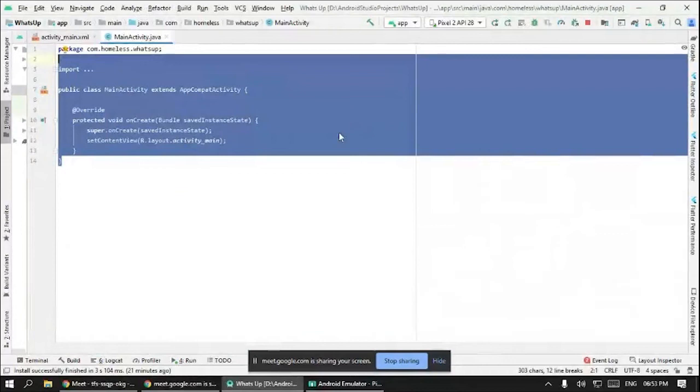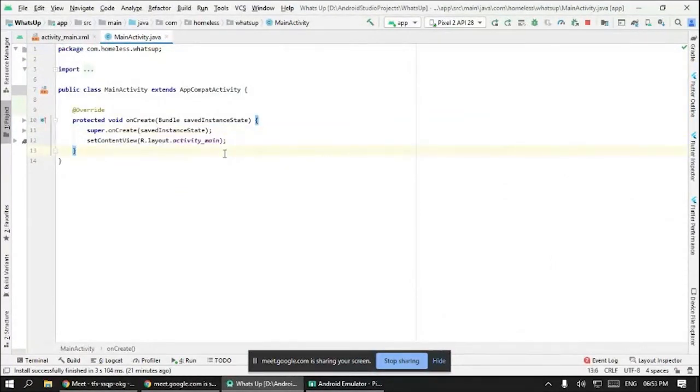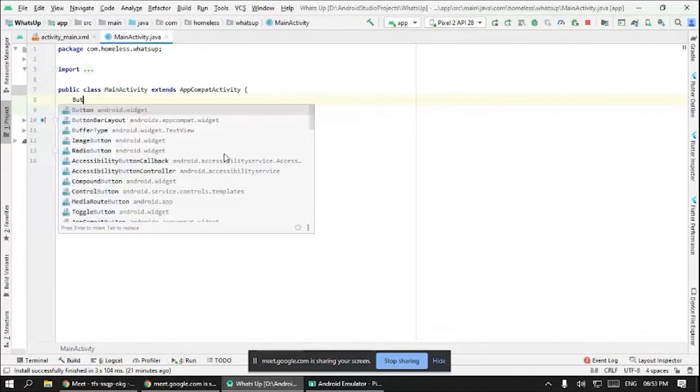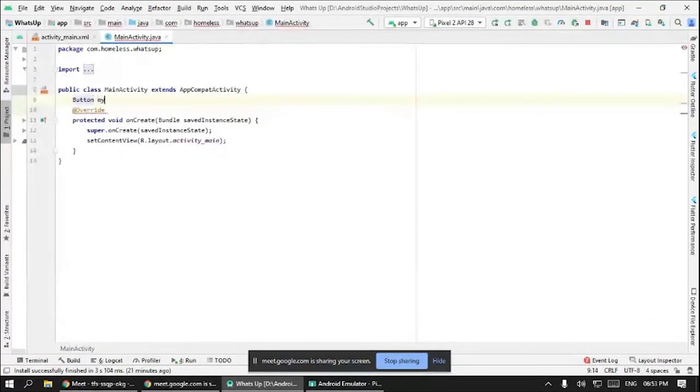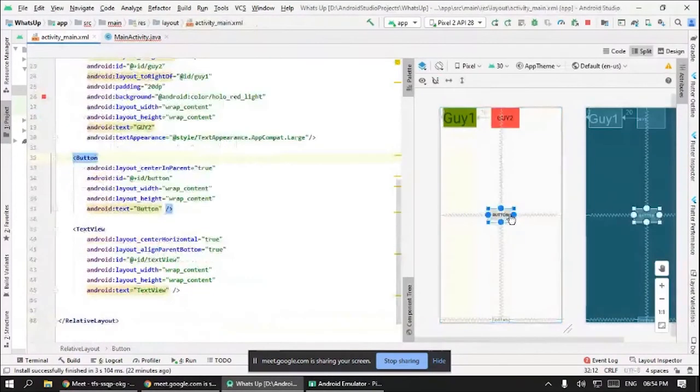We will head over to Java and we will instantiate a button, like Button myButton. Oh, sorry. Okay, that's a little messed up. Now this is a variable of button type. Now I want to say that this variable refers to this button.